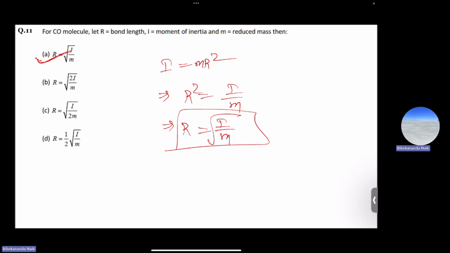Okay, so the question says the moment of inertia of carbon monoxide molecule is 1.46 into 10 minus 46 kg meter